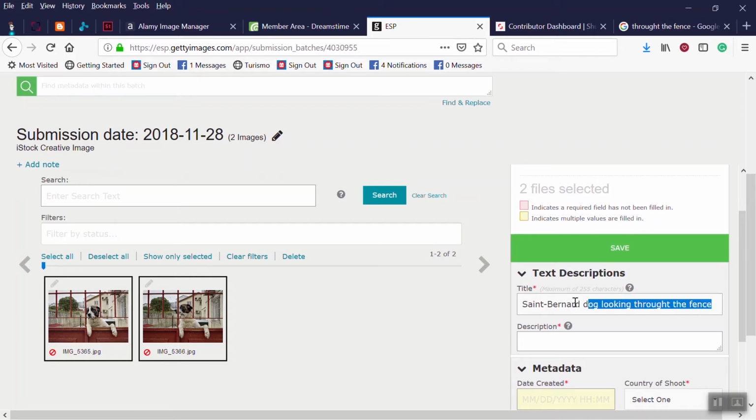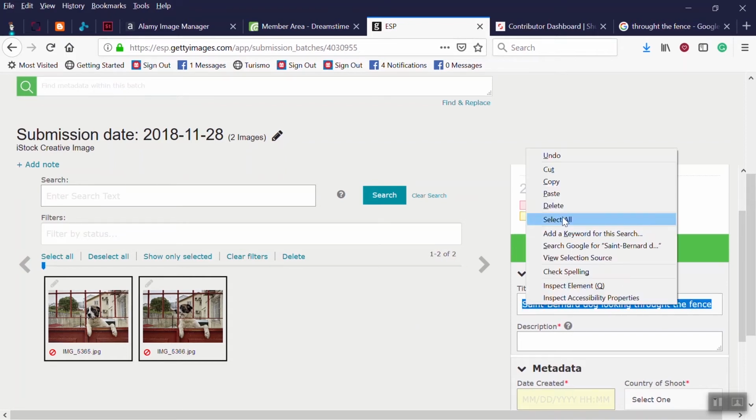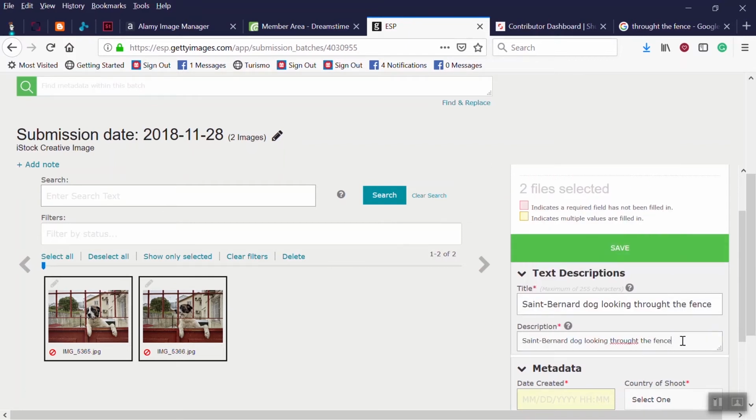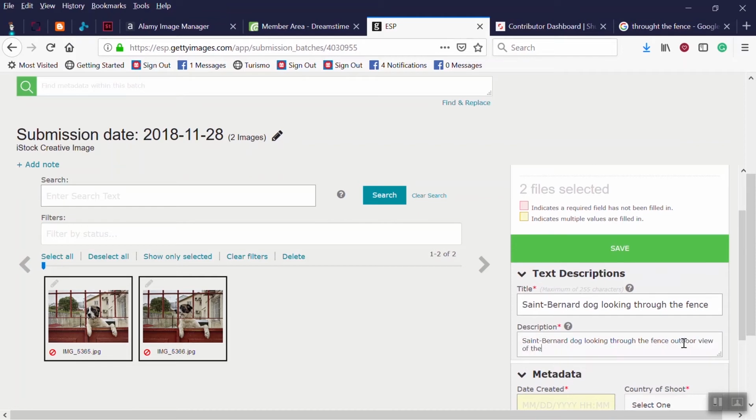Description is the same kind of thing. Copy, paste, and I will add outdoor. You have a house. You can put whatever you want just to give more information to the people that will look for the same kind of picture. Months